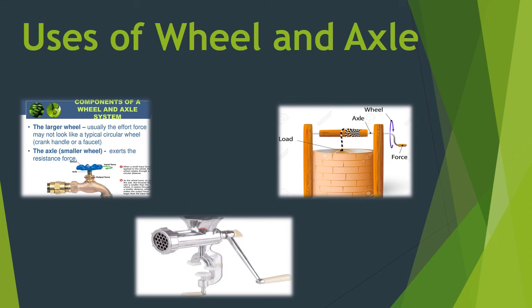Then the next example is the well. In this well, this is the wheel and this is the axle. When we apply force to move the wheel, the axle starts moving and the bucket goes down, and we fill it with water. Then we again start applying force on this wheel, this axle, and they start moving. Our last example is the mincing machine. In the mincing machine, this is your axle. You apply force on this handle, and the wheel inside the mincing machine starts moving, and the meat starts coming out after mincing. So this is all about the uses of wheel and axle.